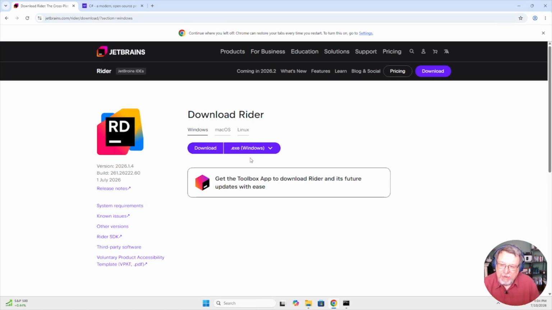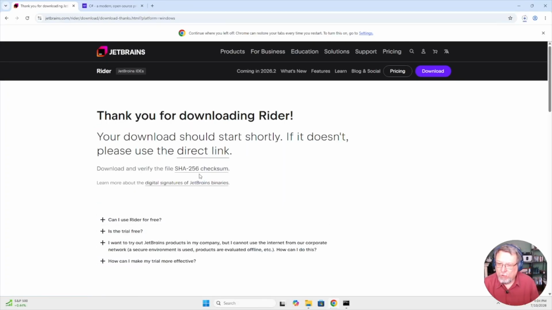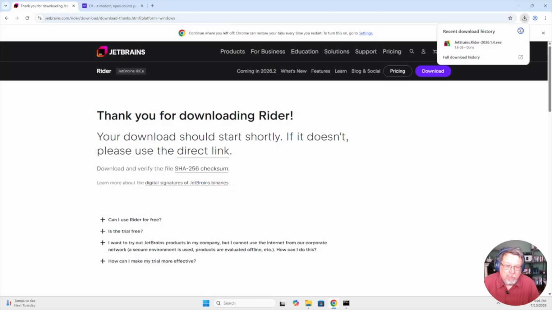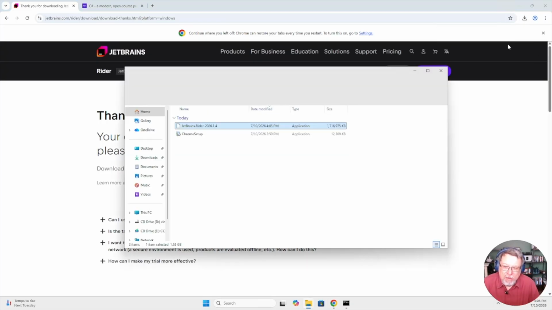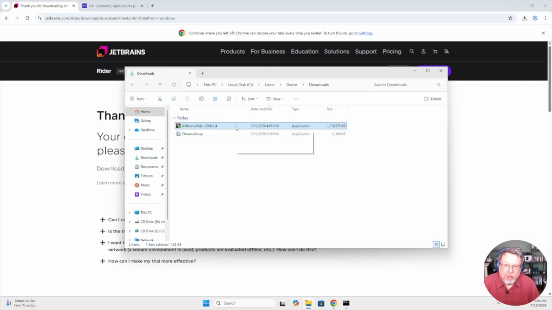So here we've got a download link, Windows, Mac OS, and Linux. We're going to use Windows here, and we'll go ahead and take the exe. So just hit download, and we'll wait for that to finish. Once that's done, we can come up into our browser, find the folder it's located in, and just run the installer. Again, this is a fresh copy of Windows, so this is what you would see if you were doing it yourself.